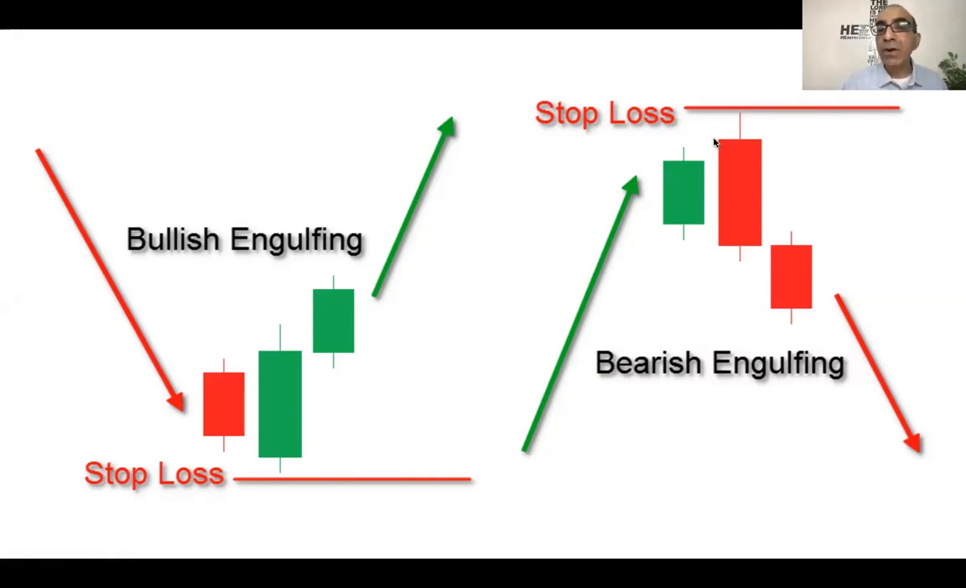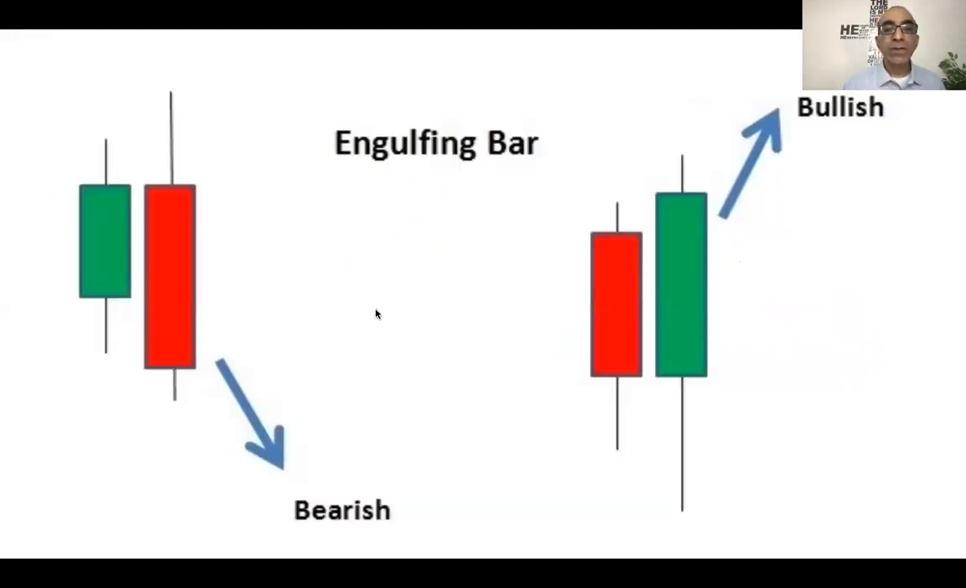So the opening of the red candle was here, closing was here, which shows a strong trend reversal toward the downside. Okay, so what's happening here, when you see this kind of a pattern where you have a full green candle being engulfed by a much larger red candle, that shows a bearish engulfing pattern. Here's another